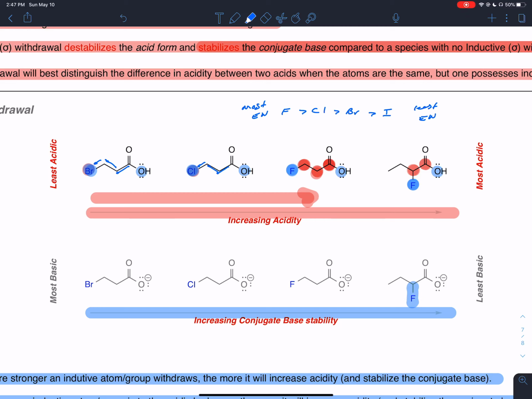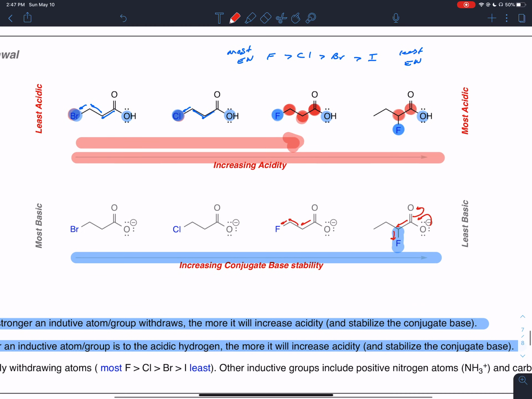The inductive atoms will act to stabilize the negative, okay? This naturally in the carboxylate resonates, the negative charge. And the induction from your halogens is additionally helping to provide some stability. You can think about that inductive withdrawal as being stabilizing, okay? It's stabilizing to the conjugate base, and it helps to